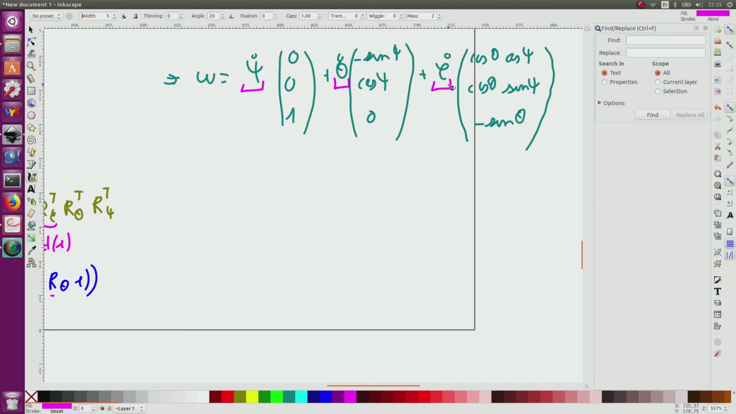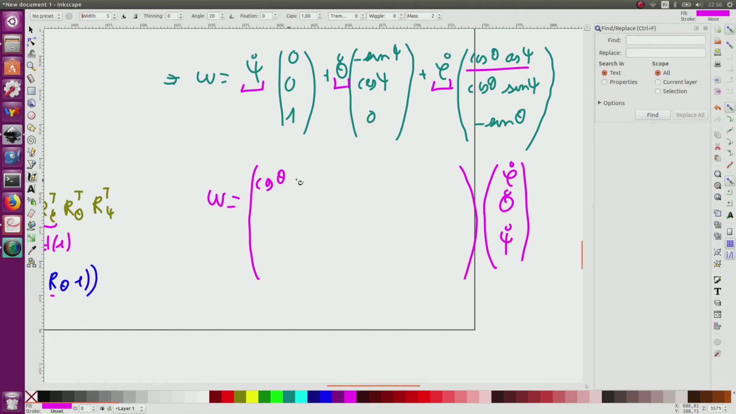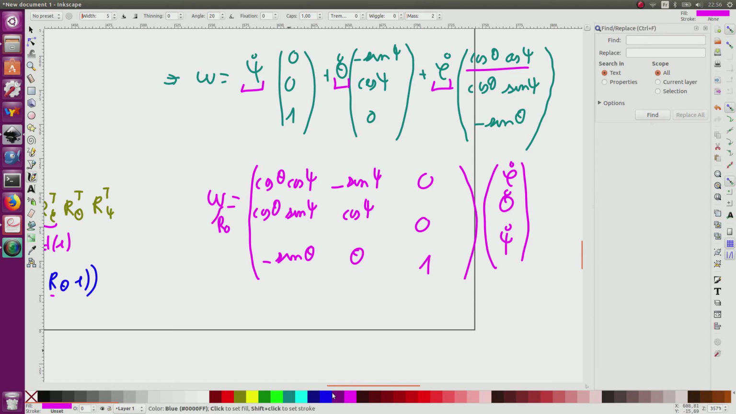So now if I write this in matrix form, I obtain that omega is equal to a matrix multiplied by phi dot, theta dot, psi dot, and this matrix is cos theta cos psi, minus sin psi, 0, cos theta sin psi, cos psi, 0, minus sin theta, 0, 1. So this is expressed in the frame R0. So this formula is important